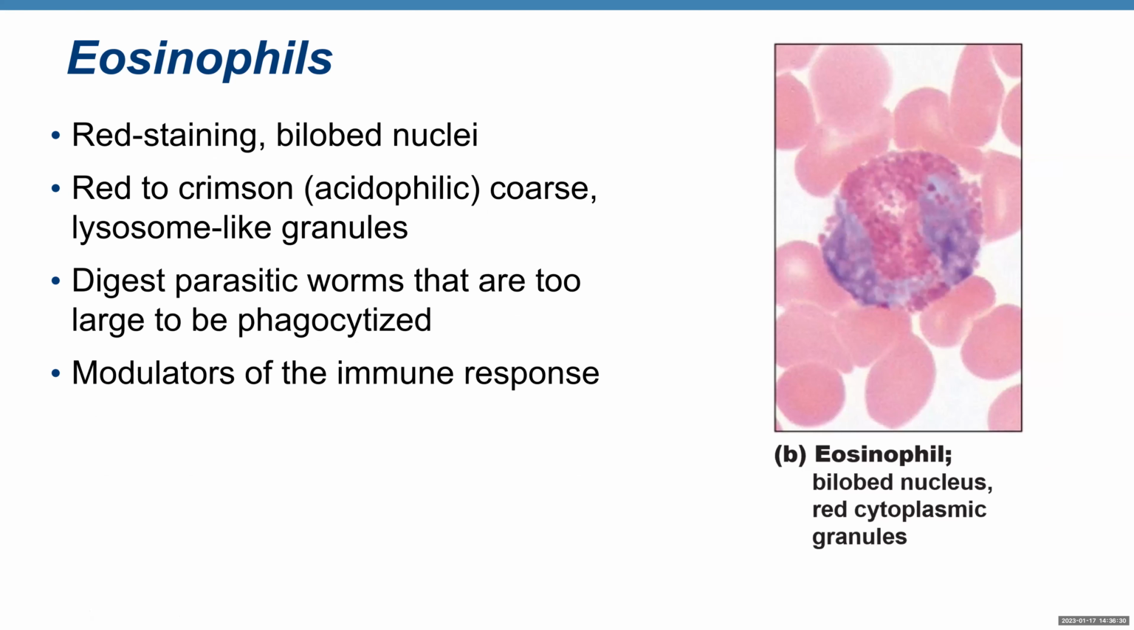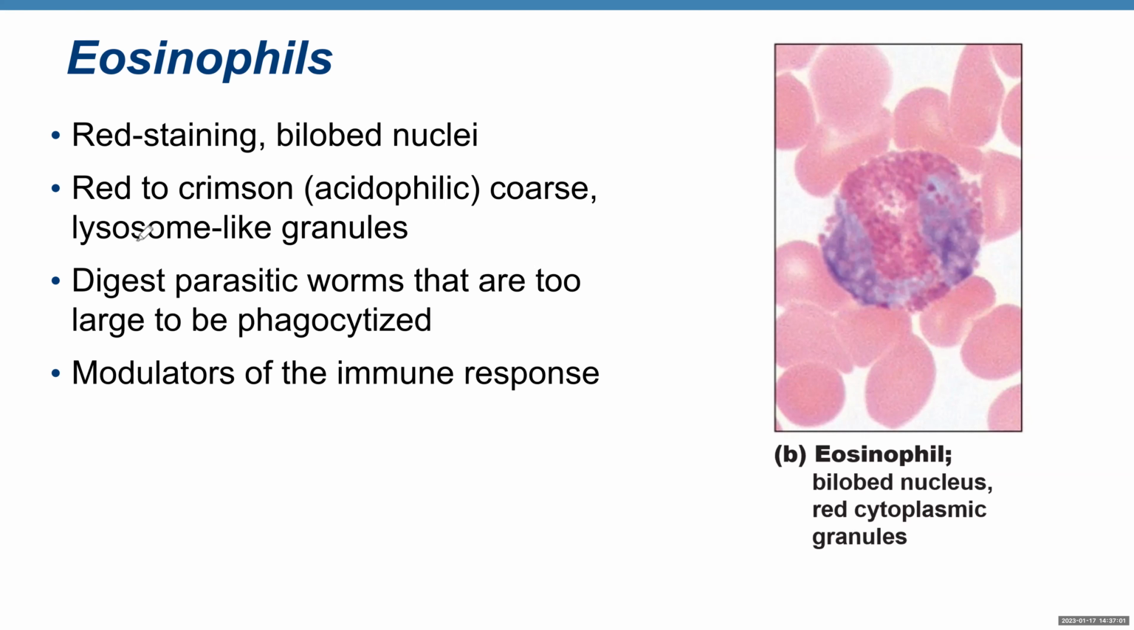Eosinophils, red staining bilobed nuclei. So here's our eosinophil. You see lots of granules again. Now look at this nucleus. It's made of 2 lobes right there. That's why it's bilobed nuclei. Red to crimson, acidophilic,